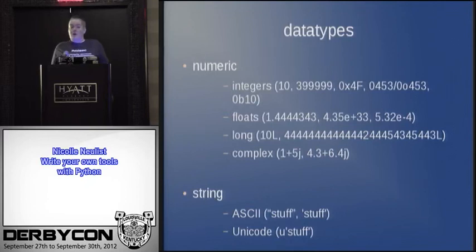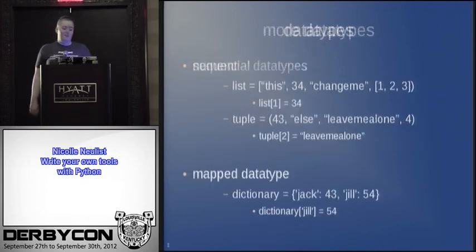If you want to use Unicode instead of ASCII, it's a U with single quotes. You can't do a U with double quotes, it's just a U with single quotes. I don't use Unicode that often, but there are some functions that do return Unicode. And if you want to write a script that produces output with goofy characters, that's helpful.